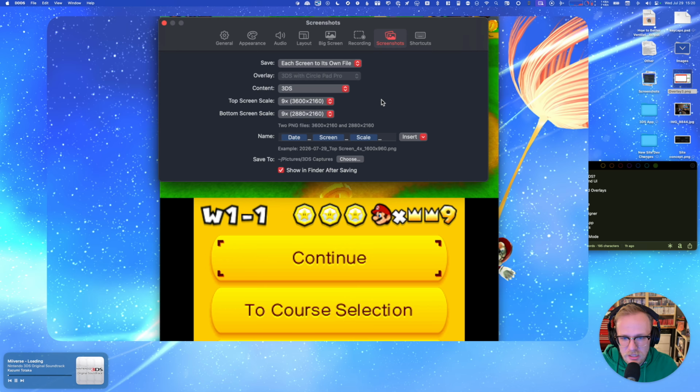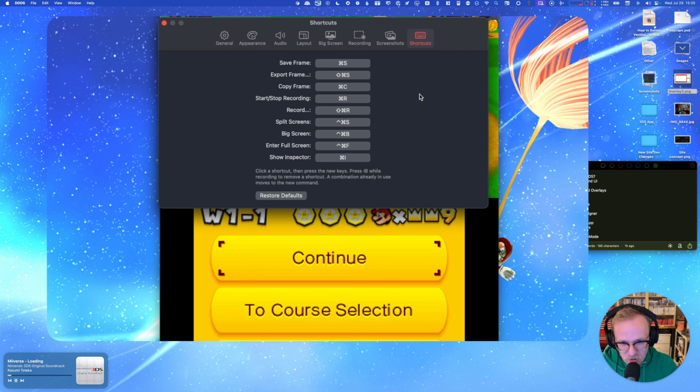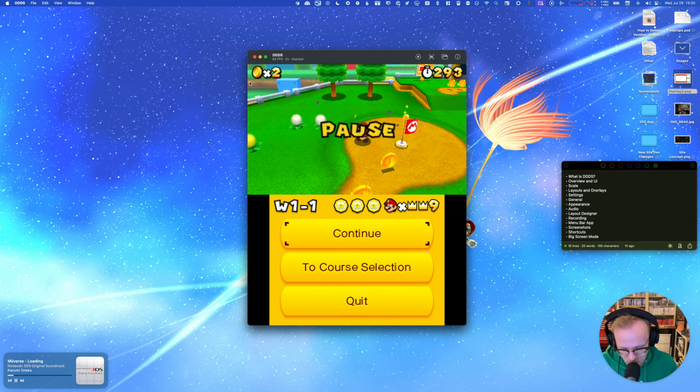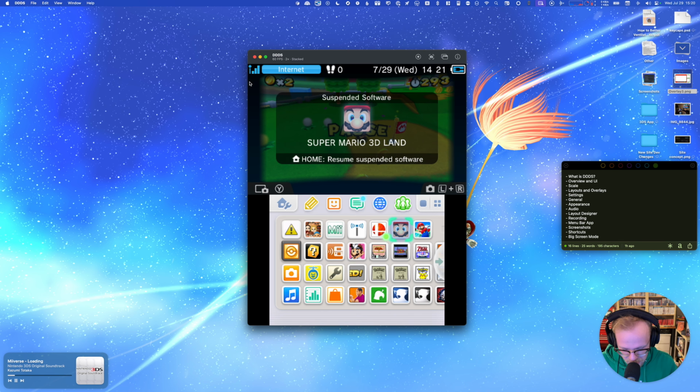So it's this really, I think, smooth and great way to handle things. All of these shortcuts can be customized. If you are, say, playing a DS game, let's close this out and let's open up